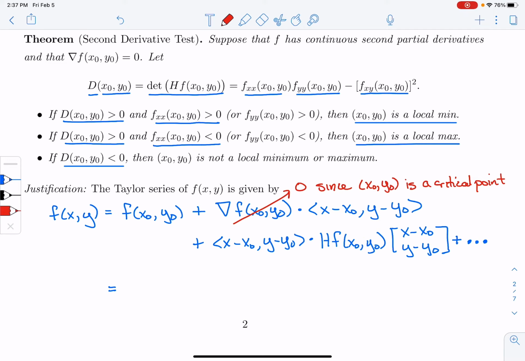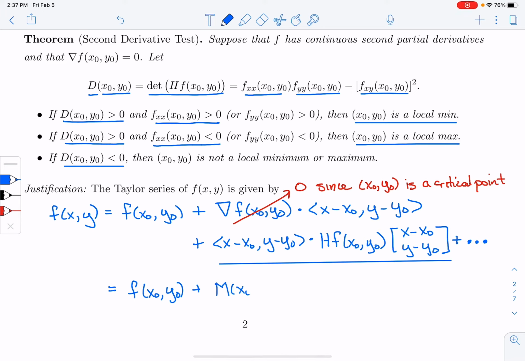What's left is just the point x0, y0, plus essentially a function of x0, x minus x0 and y minus y0. So we have a term that depends on x0 and y0,